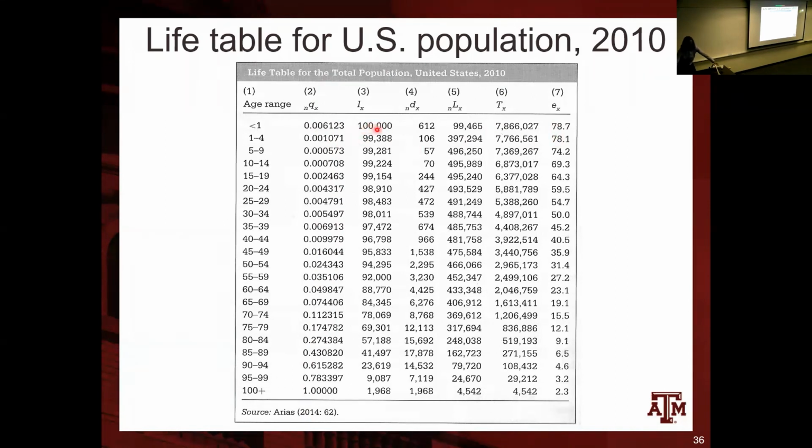Even if this number was equal to 1,000 or 1 unit, as we saw before, then the TX would also be proportional, a smaller number. So this number divided by this would be the same, if we have the same age-specific probabilities of dying. But if I survive a little bit to older ages, so if I survive to age 10,